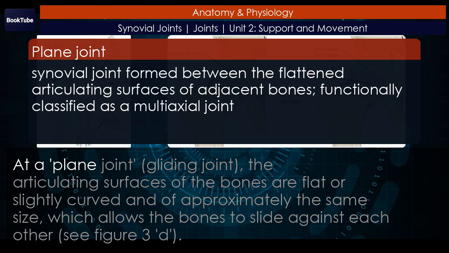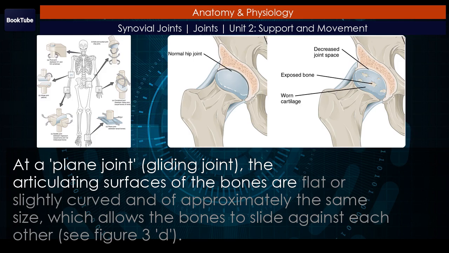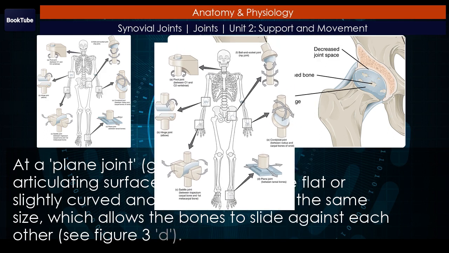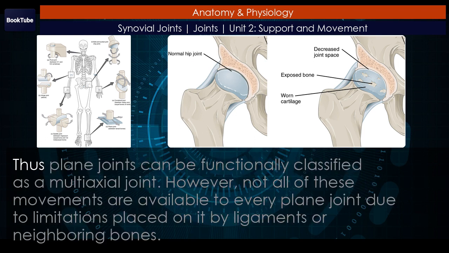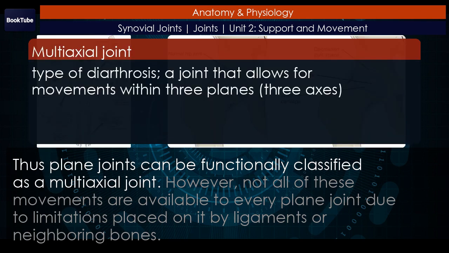Plane joint. At a plane joint, or gliding joint, the articulating surfaces of the bones are flat or slightly curved and of approximately the same size, which allows the bones to slide against each other. See Figure 3d. The motion at this type of joint is usually small and tightly constrained by surrounding ligaments. Based only on their shape, plane joints can allow multiple movements, including rotation. Thus plane joints can be functionally classified as a multiaxial joint. However,